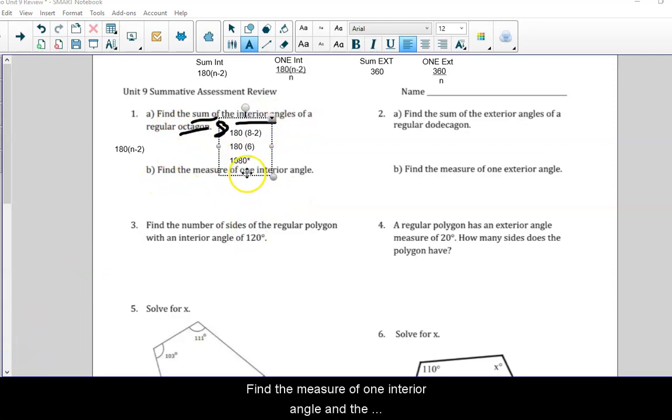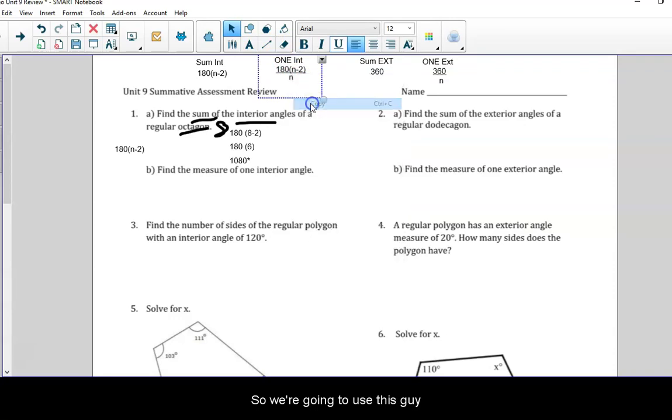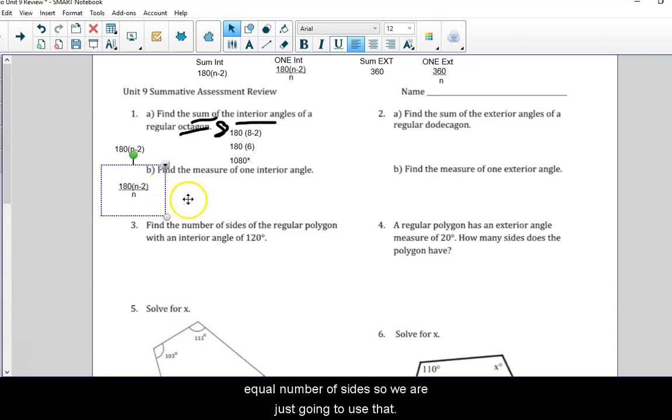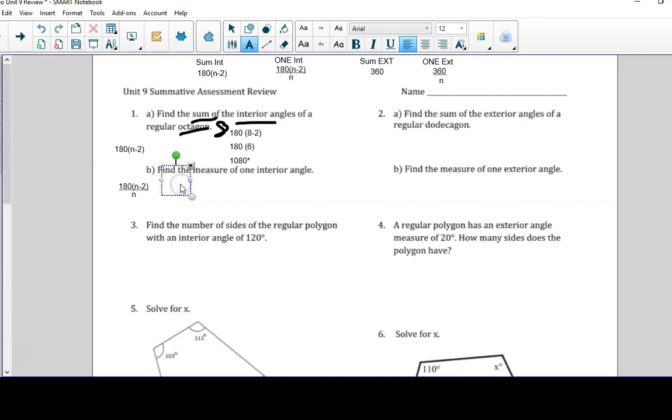Now, find the measure of one interior angle. Hey, look at that. One interior angle. So we're going to use this guy. It's just the extra piece on the bottom where n equals number of sides. We're just going to use that. So we're going to do 180, 8 minus 2, and we're going to divide that by